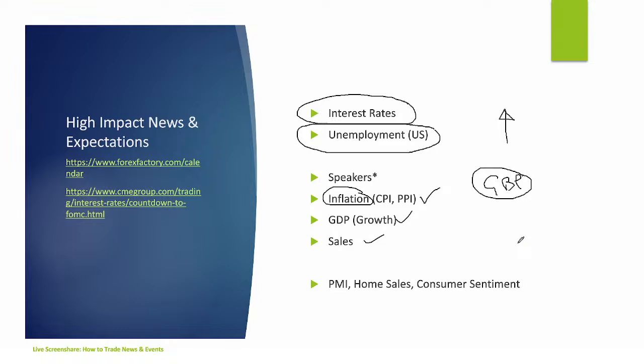If you see that sales data is not very good, let's say we're expecting sales data of Y, and it comes in at half Y, you're thinking, oh God, that means the economy is probably not doing all that well because the sales data is pretty low. People are not buying as much. Why is that? Because they don't feel so confident. It feels like we're a little bit more like a recession than we were before, which means we're more likely to need to stimulate the economy than we did before.